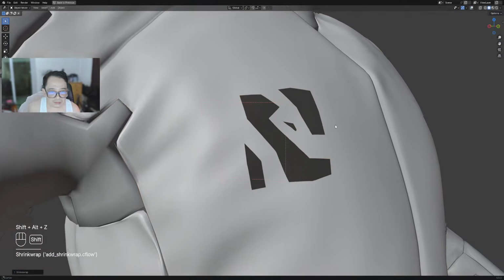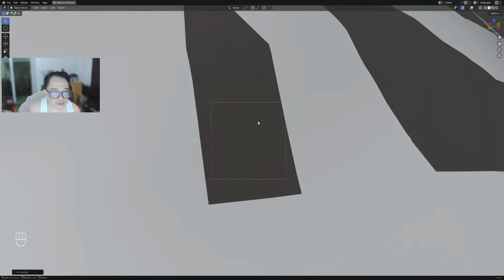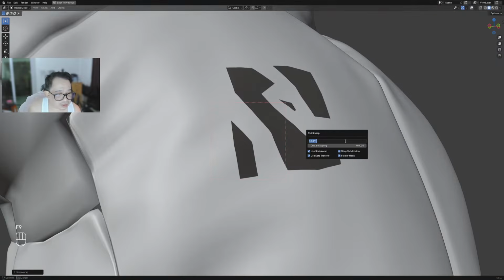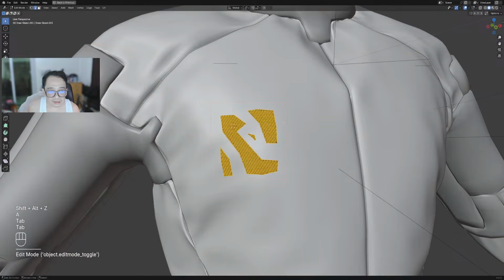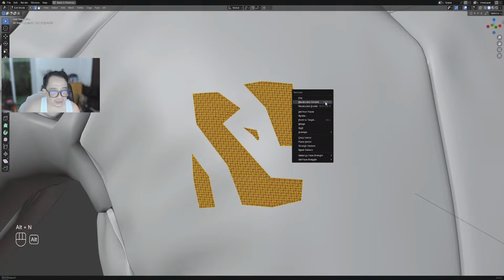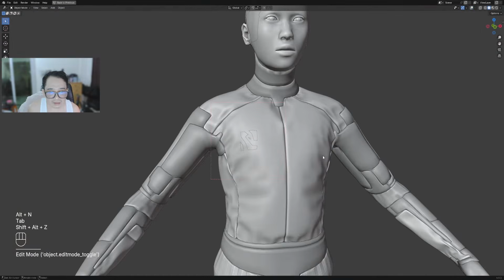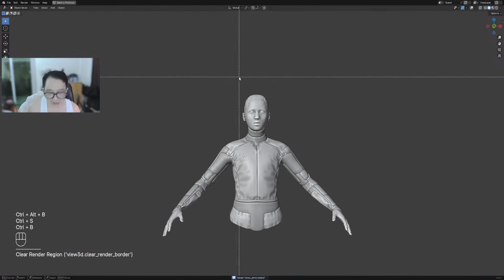Okay. We might go point search. Let's use point search here too. And the black faces means the normal is probably reversed, so recalculate outside. Okay. Now we can start and